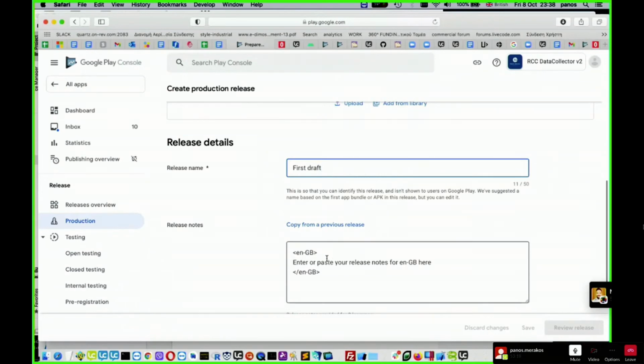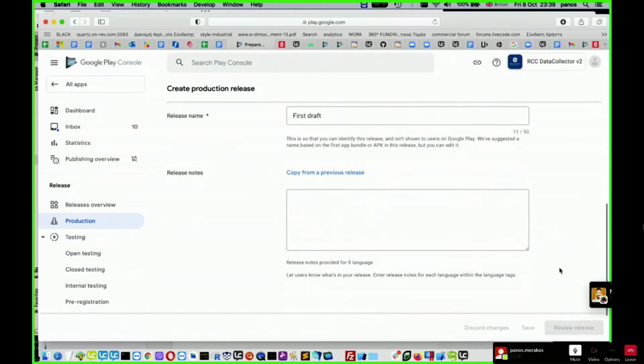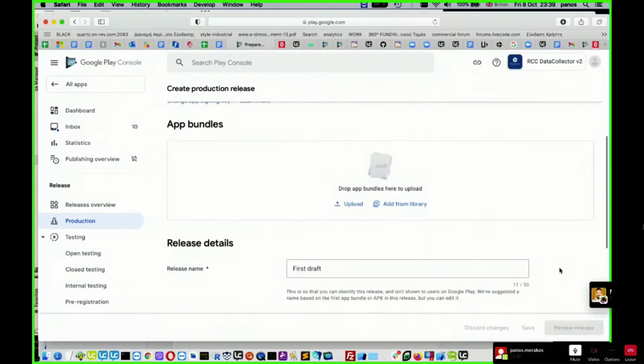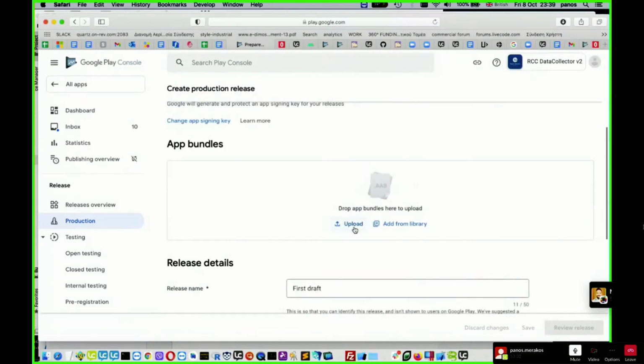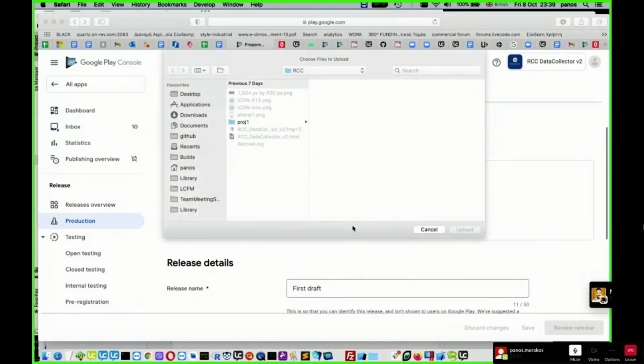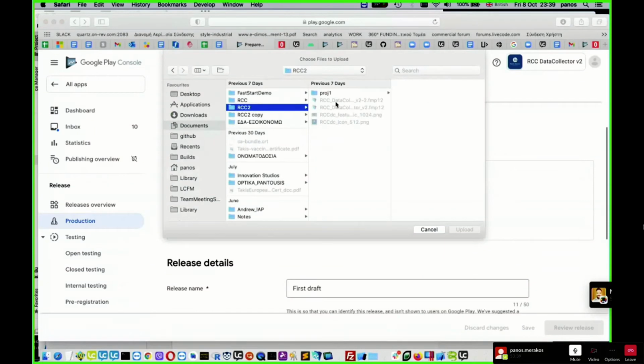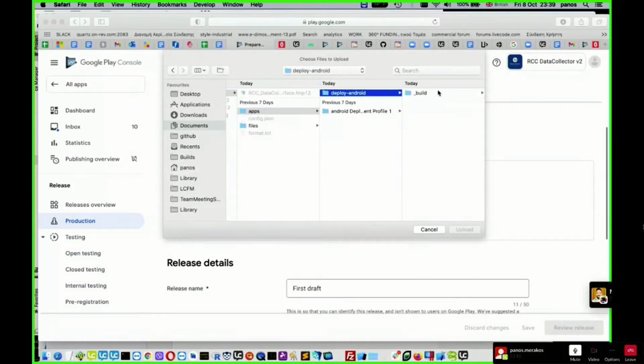Release notes. I think the very first time you can just leave it empty because there are no actual release notes. Nothing has changed because nothing was there before. And here you can choose the app bundle which you just created. I think it's here.